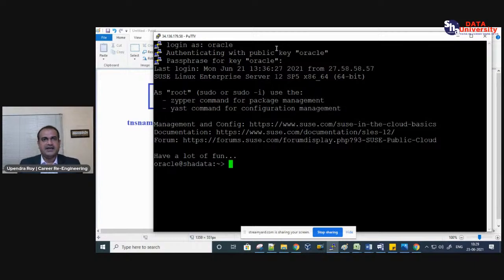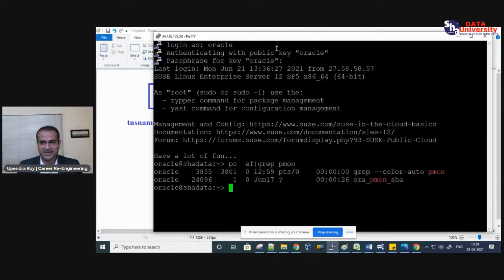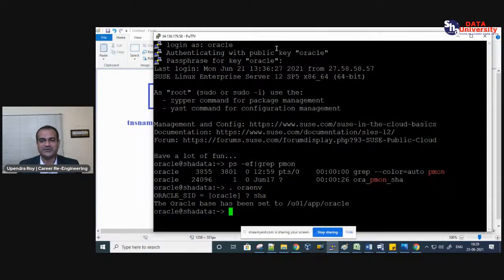Okay. Under that, how to check whether the database is up and running or not. Nowadays, you can say it's the same thing we keep doing. Yes, in work life, we used to do the same thing only, nothing new daily. So that is good news if you are thinking this. So after setting the environment,